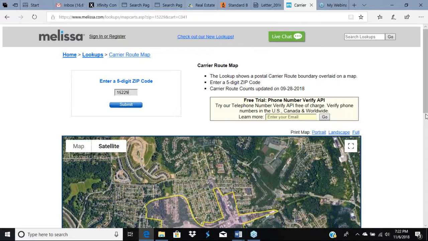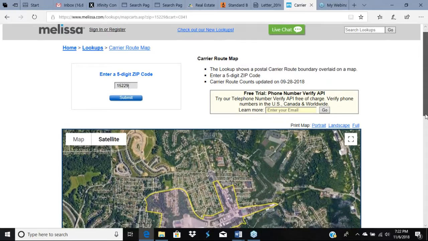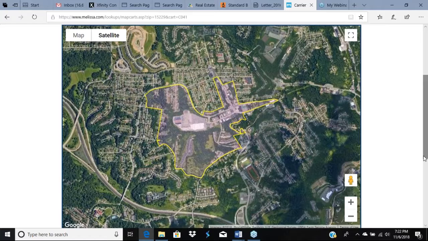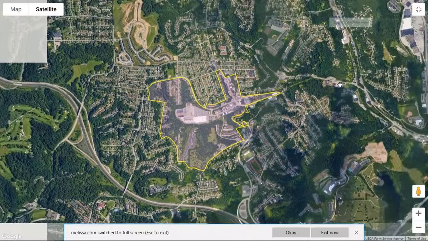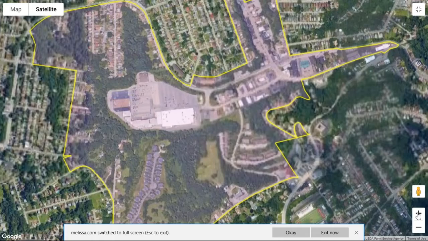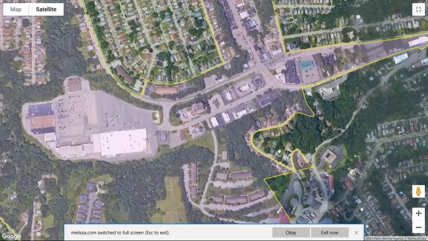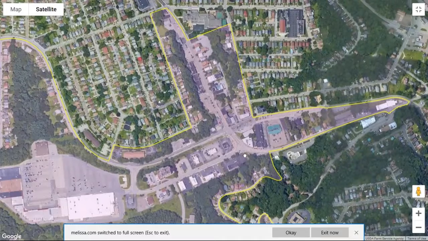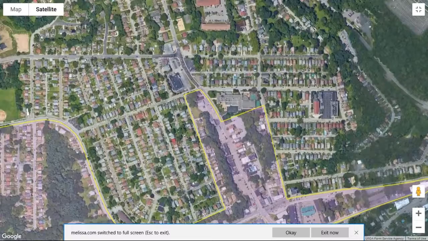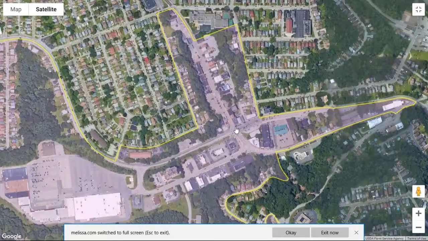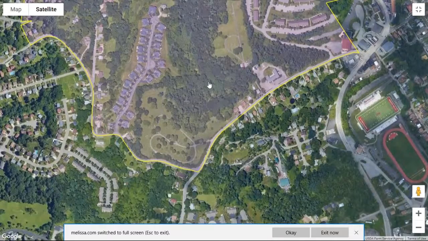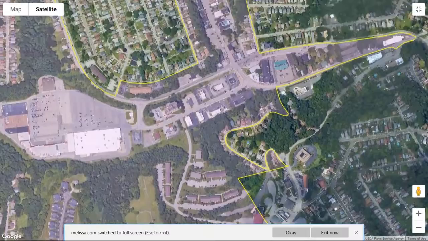And voila, there you go. So you go down here, you can see the area. So let's do this. Let's expand this. Let's zoom in. I'm going to see if I can see, because I used to own a property down here. I'm not sure what direction I'm going here. Let's see, maybe it's down here. Nope, that's not it. In any case, the cool thing is you can get a